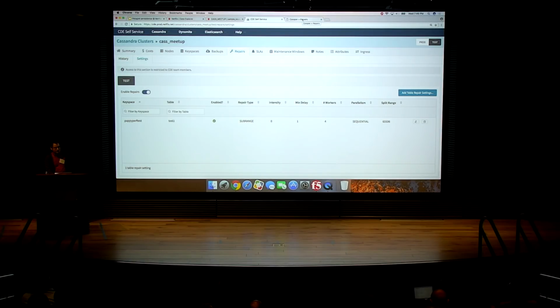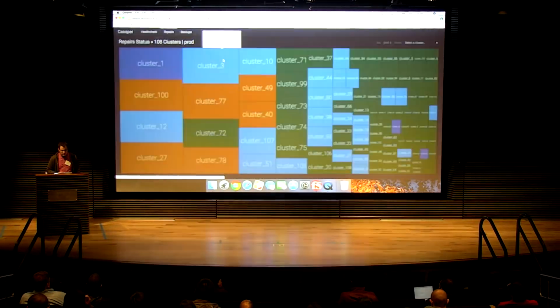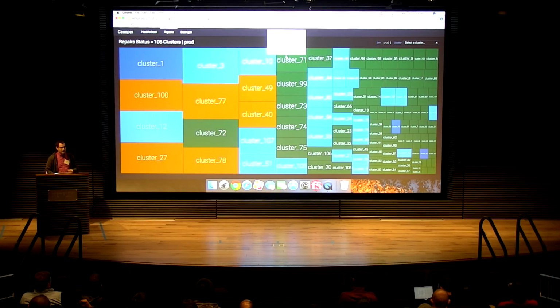But then you can take this even a step further, and you can create global views of your repair process. So this is a mocked up cluster view, with names replaced to protect the innocent. But these actually represent real production clusters. And you can see at a glance which clusters have finished repair within their GC grace, or within 10 days, and which clusters are taking a little longer than 10 days.